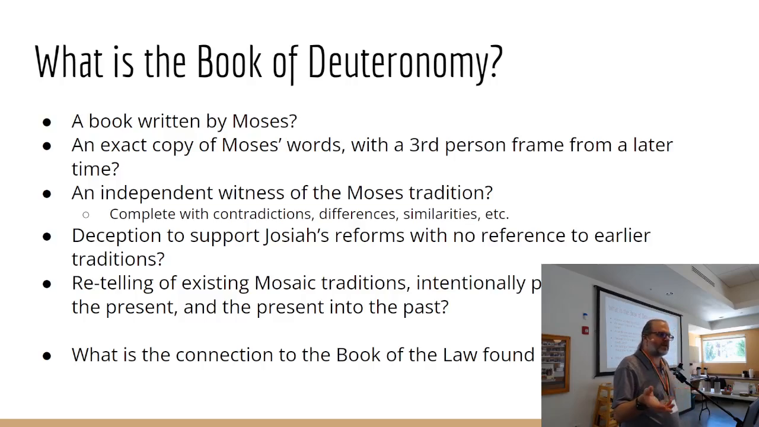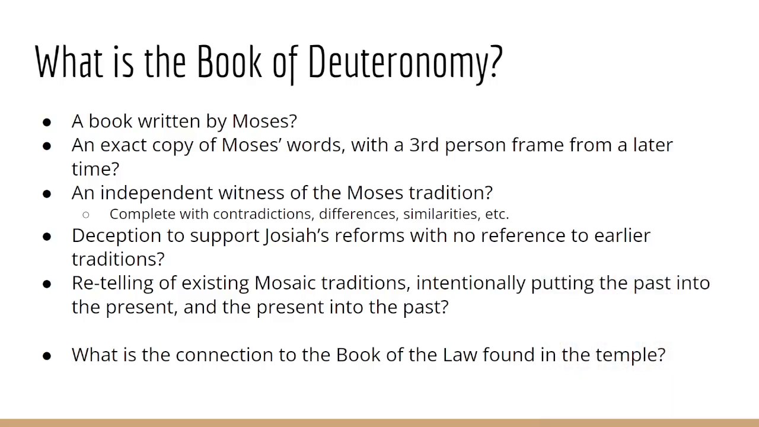Probably at least not with any reference to earlier traditions. And I'll show this in next month's class, but there are some parts of this book of Deuteronomy that are really old. Is it a retelling of existing Mosaic traditions, intentionally putting the past in the present, the present in the past? I think that's what it is, but as the author did that, they may also have intentionally